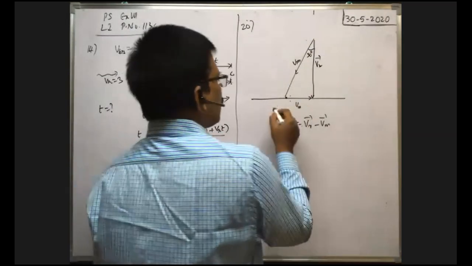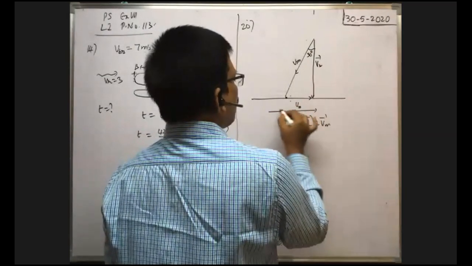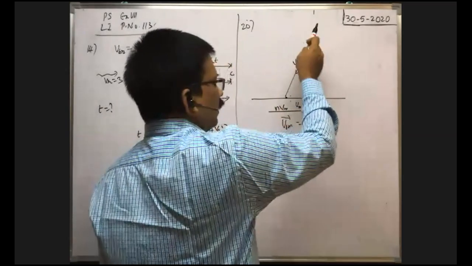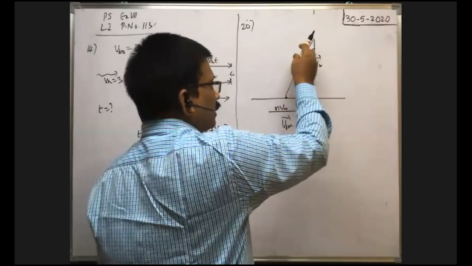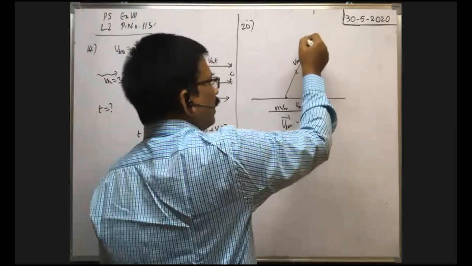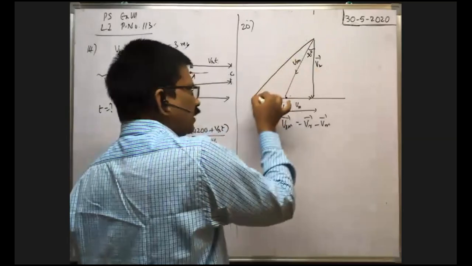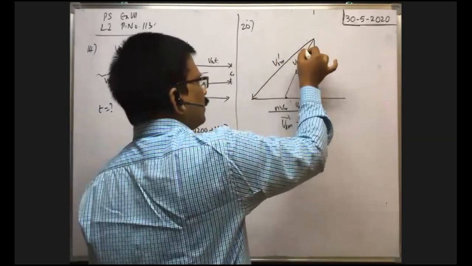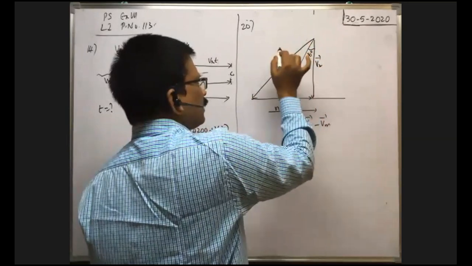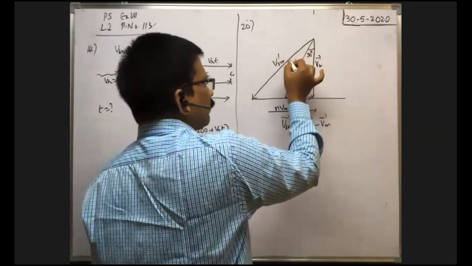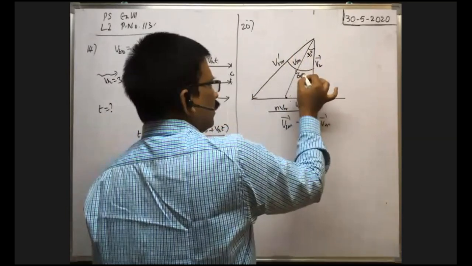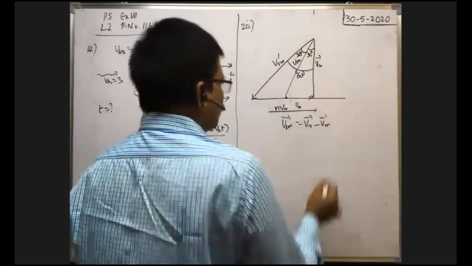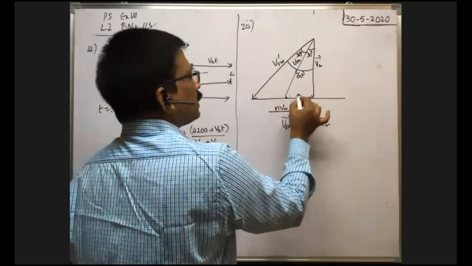Suppose when the velocity becomes n times Vm, then the relative velocity of rain with respect to man changes, further inclined. This is the relative velocity of rain with respect to man in second case, in which the angle made by this relative velocity with vertical is 60 degree. So this is 60. Then this is 30 only, no? This is 30. Here you see this magnitude is equal to Vm.